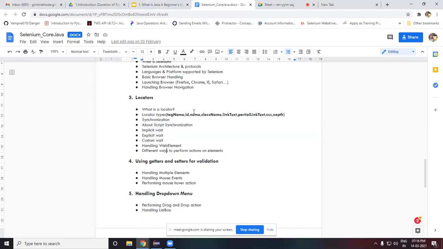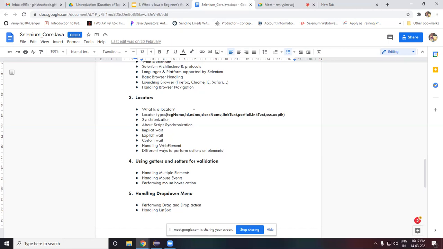So next we are going to deal with different ways to perform actions on elements. That is nothing but your mouse and keyboard actions, like how do you right click on a specified element, how do you send text using your keyboard, how do you press the control key, shift key, enter key, space bar.